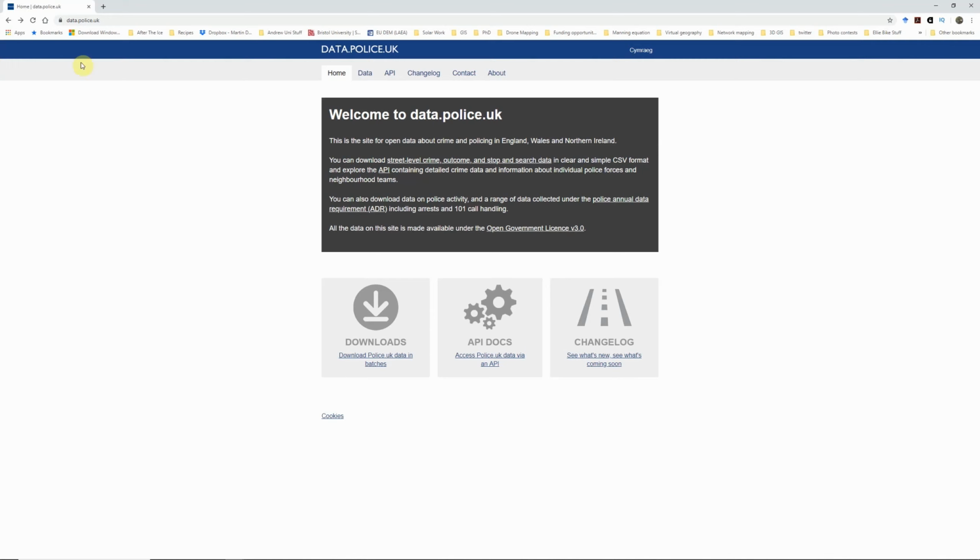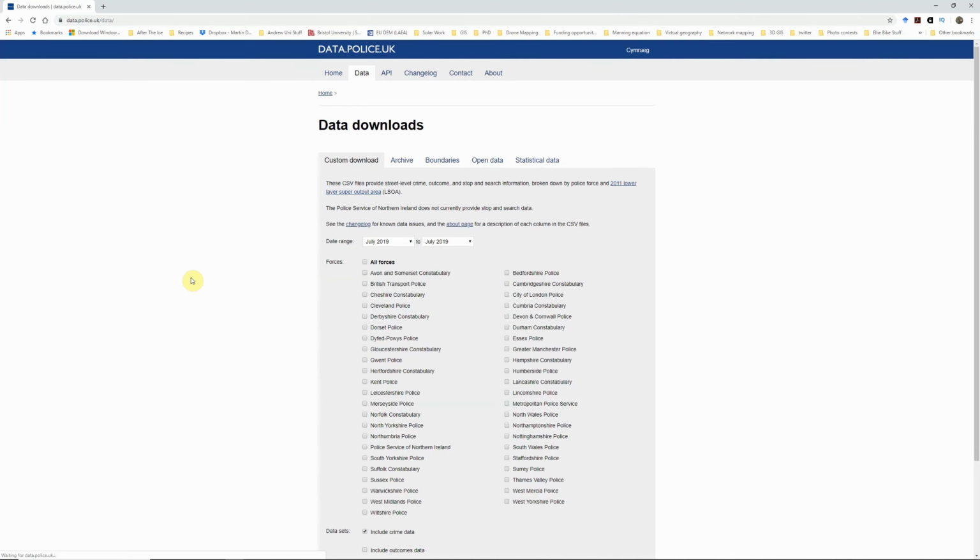So I'm getting my data from data.police.uk, which, as you can probably guess, is the UK police data download site. But obviously you can use your own crime data set or any other point data set that you have available and want to work with. So I'm going to go here and click on their downloads link,